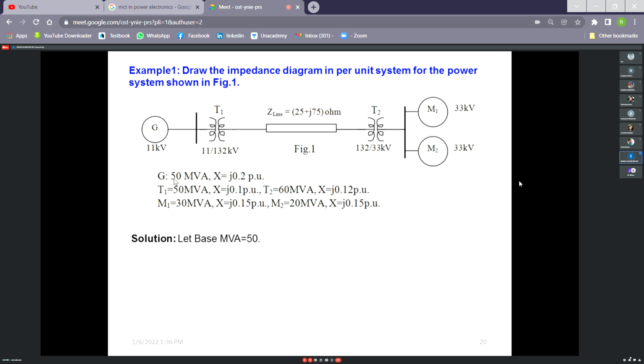So with 50 MVA, we have no need to calculate for the generator. Why not? Because generator rating voltage is 11 kV, and for this section base voltage is 11 kV. But if the generator voltage were 10.1 kV, but for the power system, for this section voltage level is 11, then we have to convert it for the new base voltage. Have you understood my point?